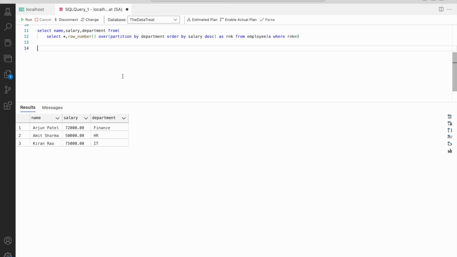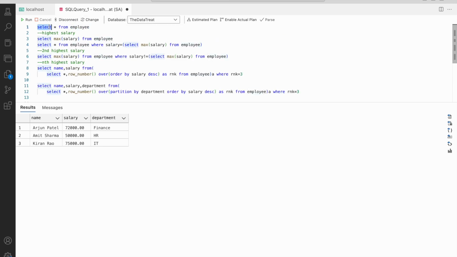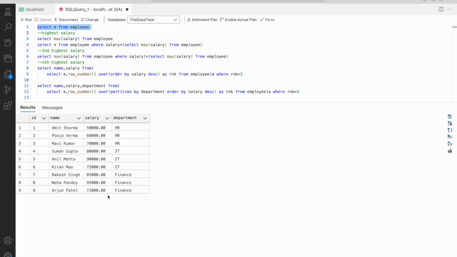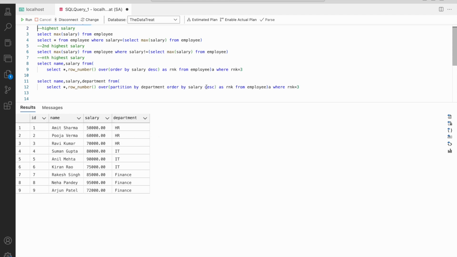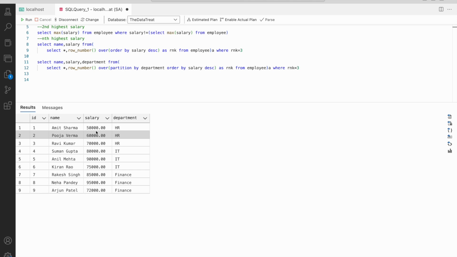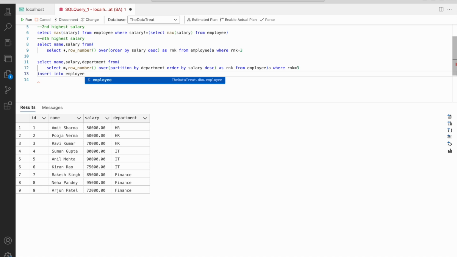Let's say for now, if I query the original table, look, there are no salaries which are equal, right? I mean equal in the sense, let's say while assigning the serial number. Let's say if two rows have a similar salary, how will it identify which is the second highest, which is the third highest, right? So let me insert one record to understand it better. Insert into employee.